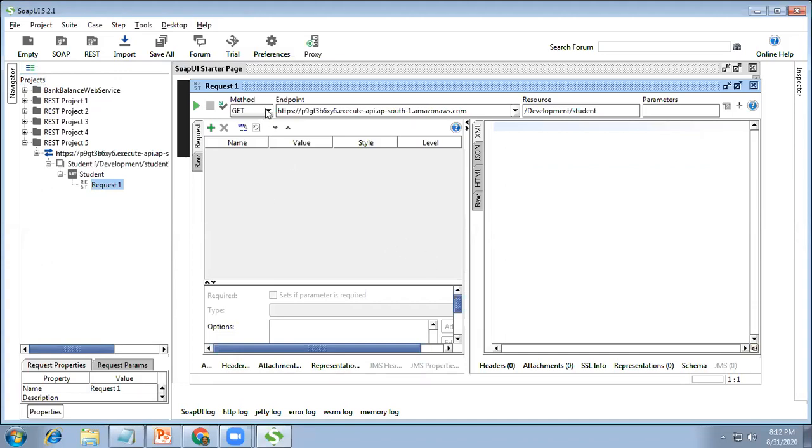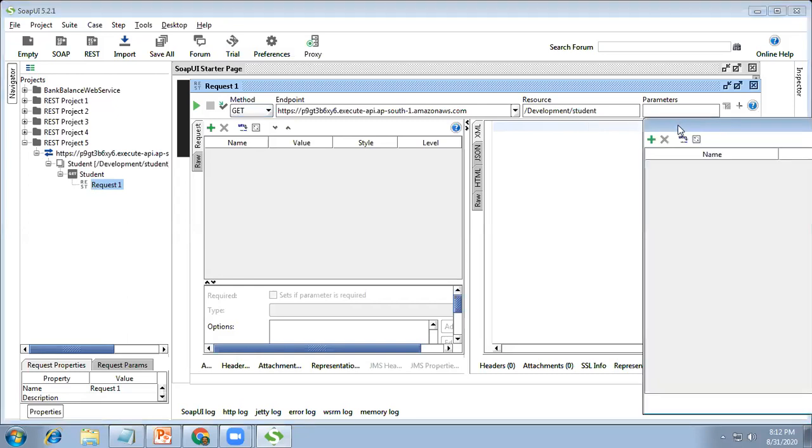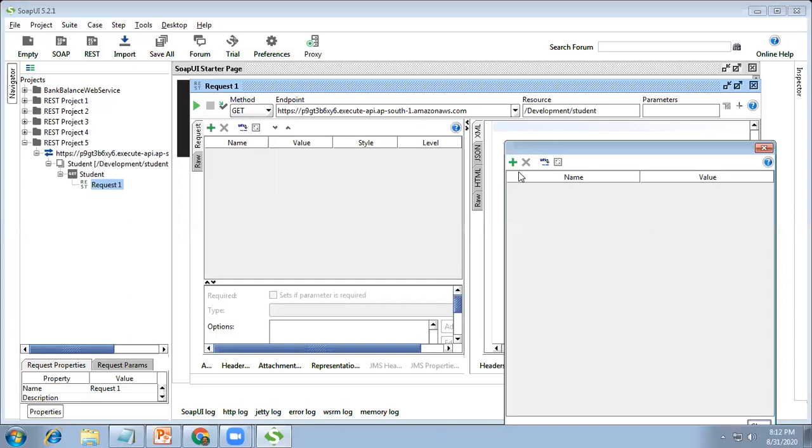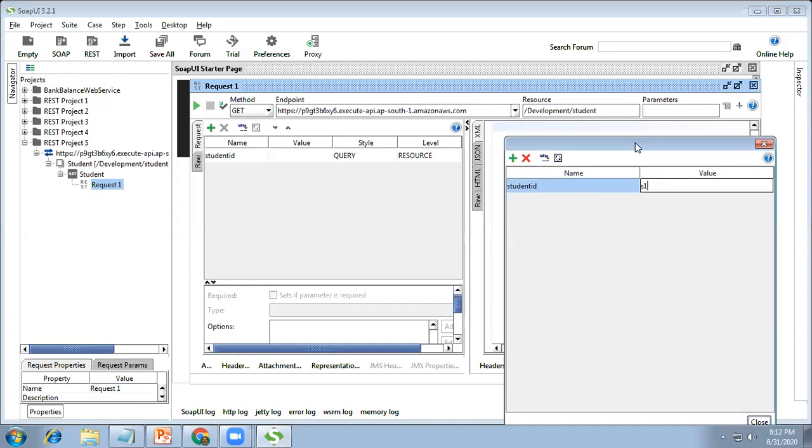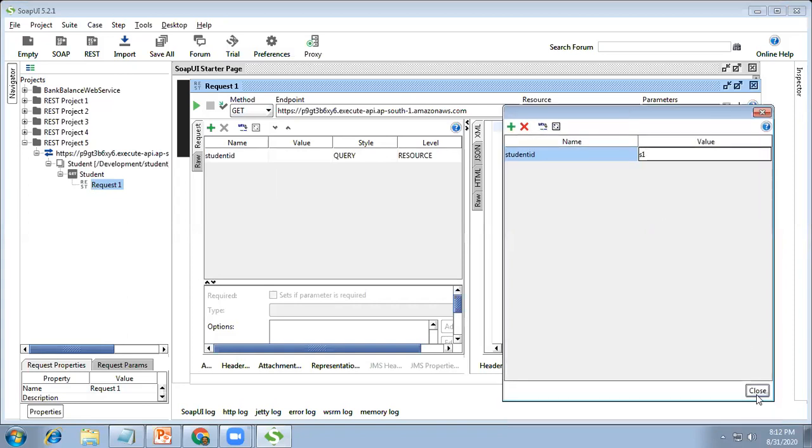There are different methods, but today I have shown you the process of creating the get method. And this get method requires some parameter for execution: parameter student ID, and the value is S1. So just pass the parameters.